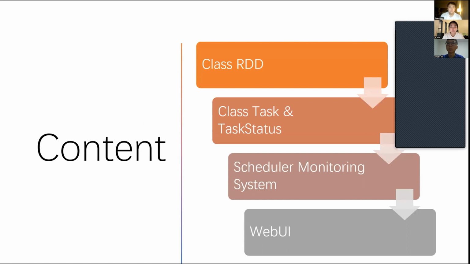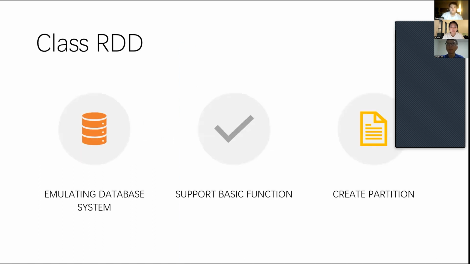And we split our project into 4 parts. The first part is the class RDD, and the second part is class task and class task status. And the third one is the scheduler monitoring system. And then we have our web user interface. So first of all,